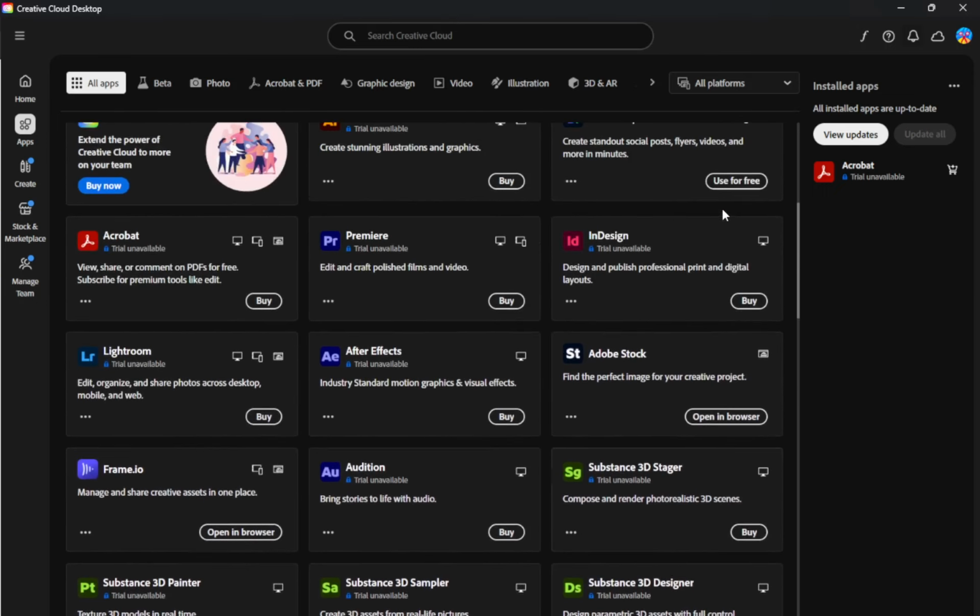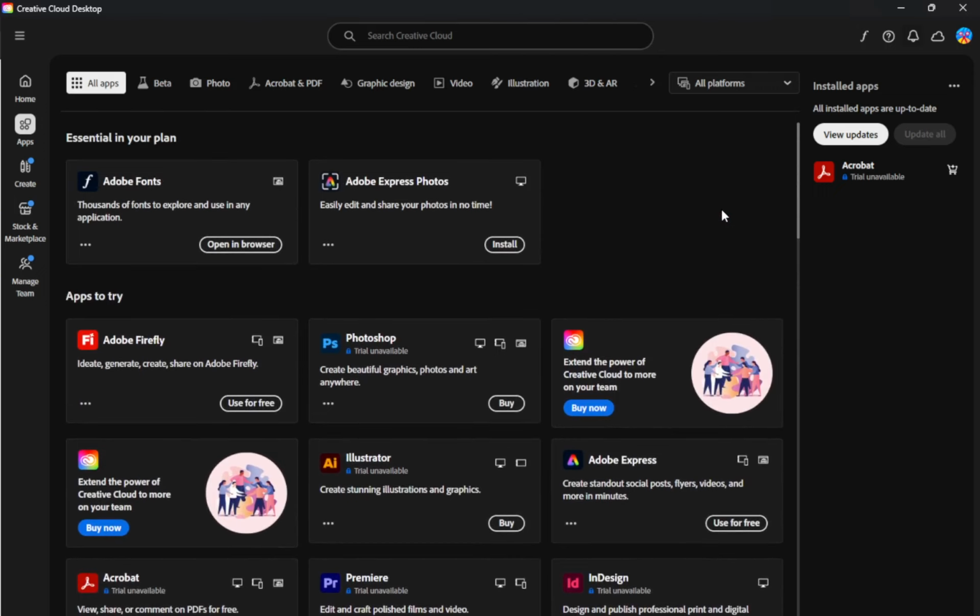In the Installed Apps section, look for the More Actions button, which is represented by 3 dots. Clicking on this button will reveal a drop-down menu with several options. This menu provides convenient access to different tasks you can perform on your installed applications. It is important to locate this option because it leads you directly to the update functionality. Once you find it, click on More Actions to proceed.